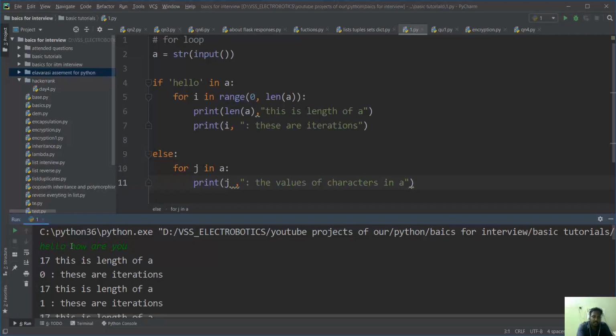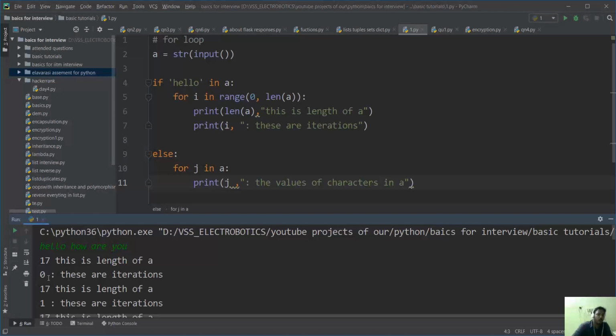It will be taking the space also as a character. 1 2 3 4 5 6 7 8 9 10 11 12 13 14 15 16 17. So the length is 17, so it will be taking 17 iterations.